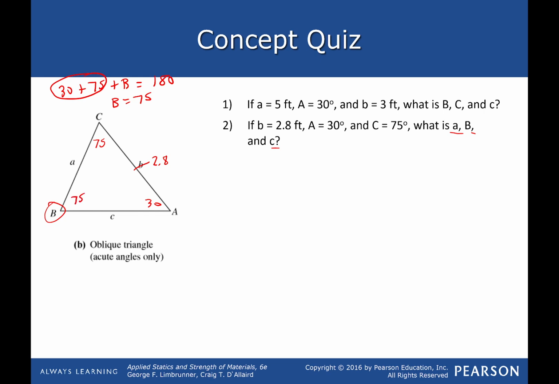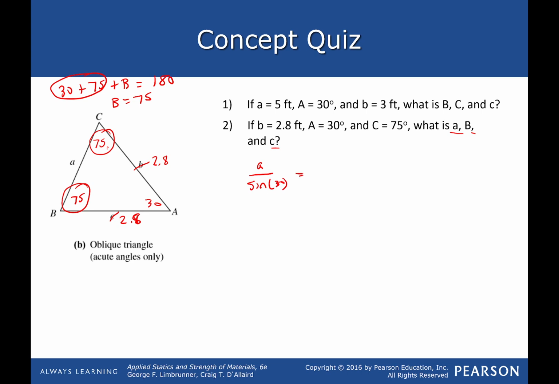Okay. Now, the second thing I'm going to do, just to make my life a little bit simpler, is to realize this is what's called an isosceles triangle. If the angles are the same, then their opposite sides are also the same. So since this one's 75 and this one's 75, that means that C is going to be 2.82. But what is A going to be? Well, we have to use law of sines to get that one. Some of the stuff we can do a little easier, but that one we're going to have to deal with the old-fashioned way. So A over sine of 30